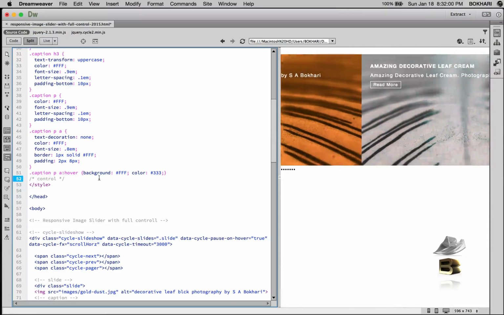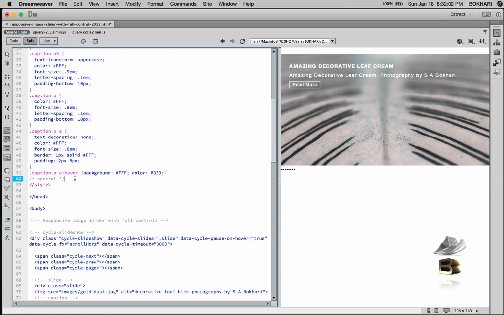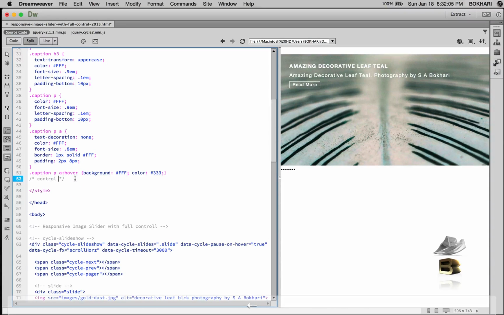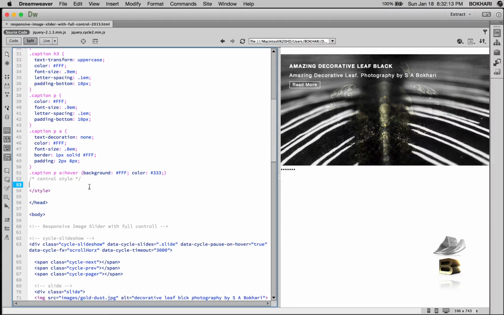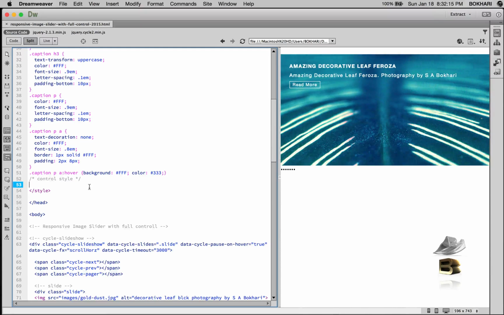In that way we know that this is the control area of styling. Okay, also write control style. So save. Now is the control part. So first let's add the